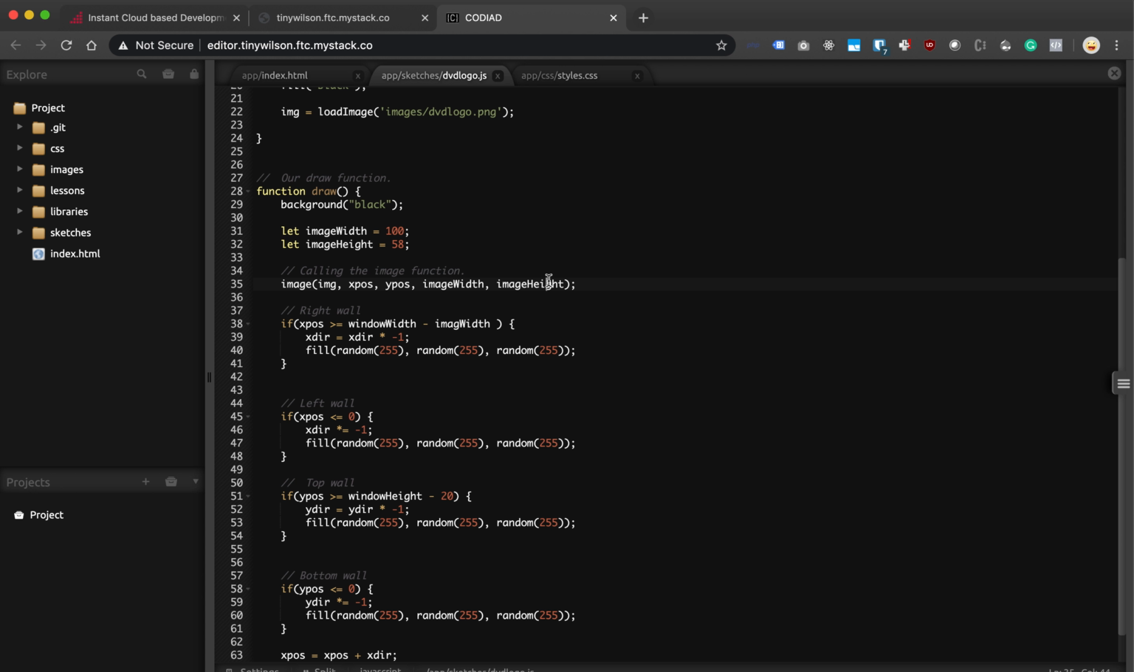height. And now when we're testing for the right wall, we're saying if the X position is greater than or equal to the window width minus the image width, which you got to make sure you spell image right here, as I did not there, then we'll go ahead and change the direction. So let's see if that right wall is actually working. So if we go ahead and refresh this,